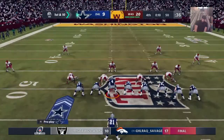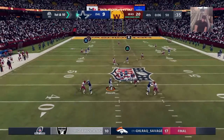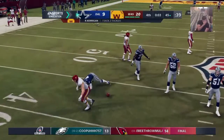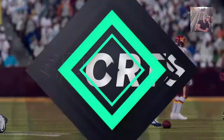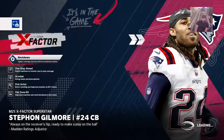1st and 10, and they've got 3 tight ends out there. A jumbo package look. And he's going to be swallowed up. Sacked back at the 45-yard line. It's Ryan Kerrigan getting the sack. And we say it all the time, have to be able to get rid of the ball sooner than that. You have to